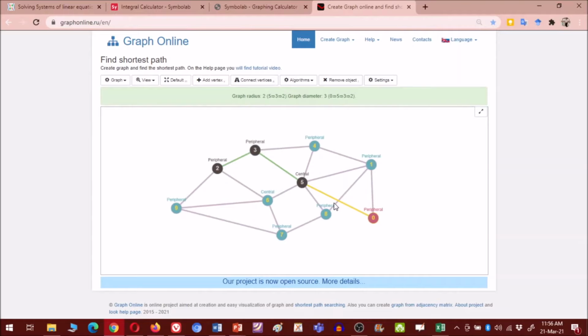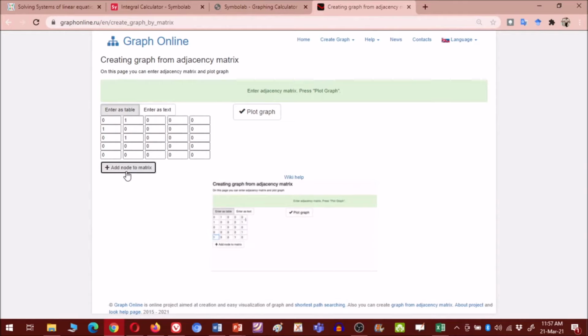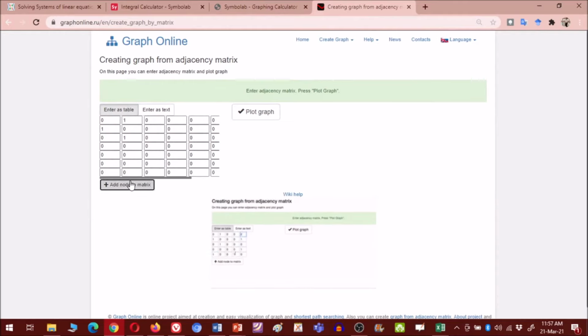If you have any given graph, then you can have this. These are only 10 vertices. I have added vertices and edges manually, but if you have any data, suppose you have an adjacency matrix, then you can simply use that adjacency matrix. You can simply insert it this way, and you can add so many nodes to the graphs.